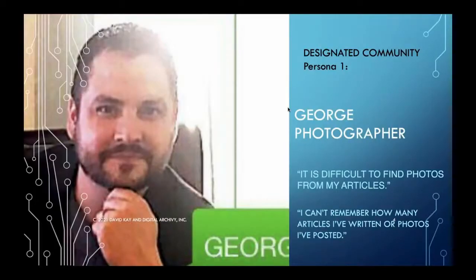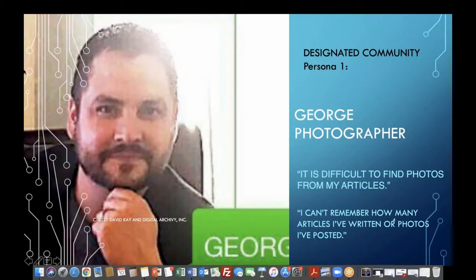Part of what we were doing was also creating a designated community. And we did that by focusing on 2 personas. The first persona is George. He's a contributor. He's also a professor of philosophy in Rochester. And he also writes some articles and takes photographs for the articles. And as you can see from the slide here, he's having difficulties finding the photos that are associated with each of his articles, and he can never remember how many photos he has per article or even how many articles